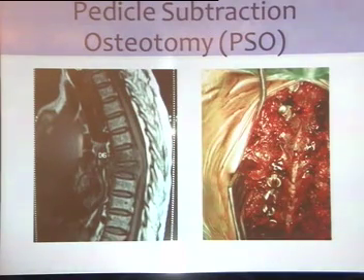Taking it to the next level is where we see what is known as the pedicle subtraction osteotomy. This is one case where the patient had D6, D7 tuberculosis with an epidural hematoma, and she was a frail lady, about 68 to 70 years old, with osteoporotic bone definitely, but I was not very inclined to do an anterior job in her. So I decided to do a pedicle subtraction kind of a situation wherein I went in and did,